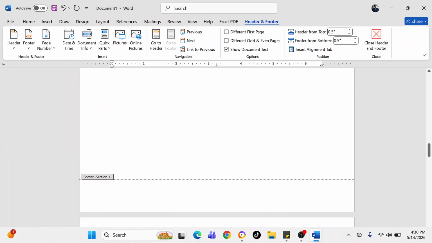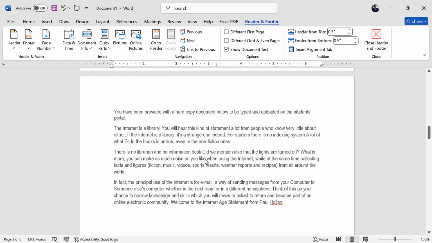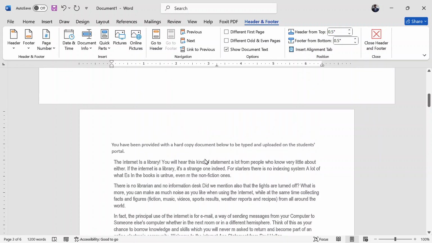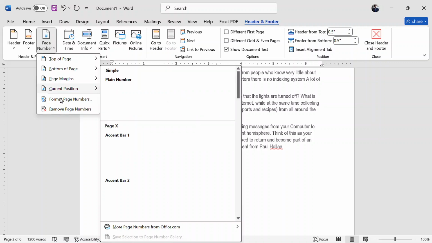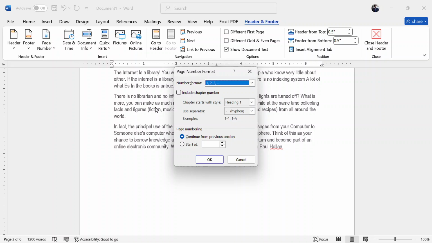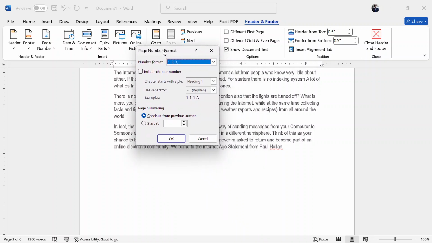But I still want to edit it because it has given it page 2, but I want it to begin from 1. What do I do? I go to headers and footers, I go back to page numbers, and this time I choose format page numbers. From the format page number dialog box that appears, I choose letters. I'm going to choose letters A, B, C, D. I will not say continuous, because remember this is a document. So why is it putting 2? Because the page is 2 by virtue of its position in the document. But I want it to start at A. We're leaving the first page blank.